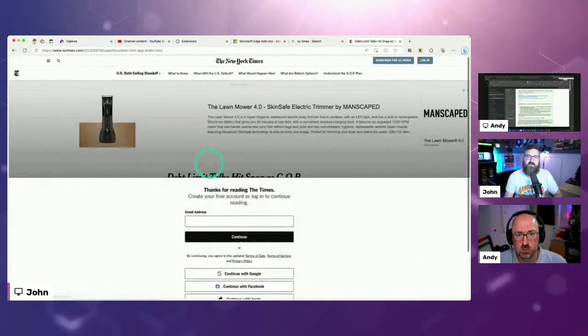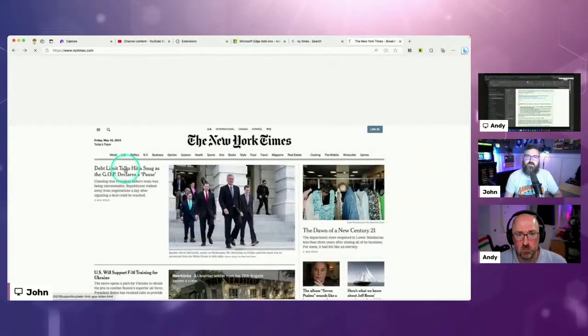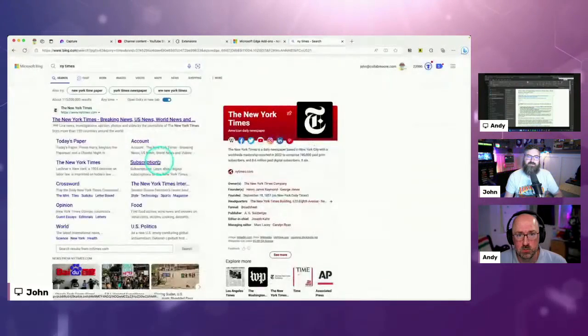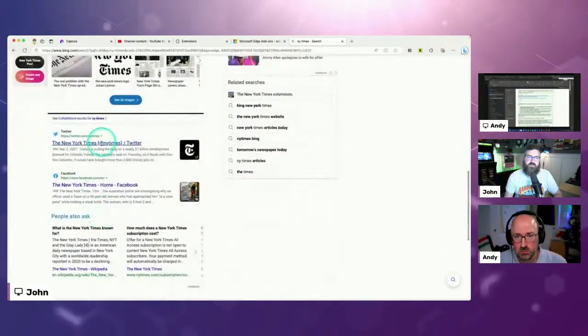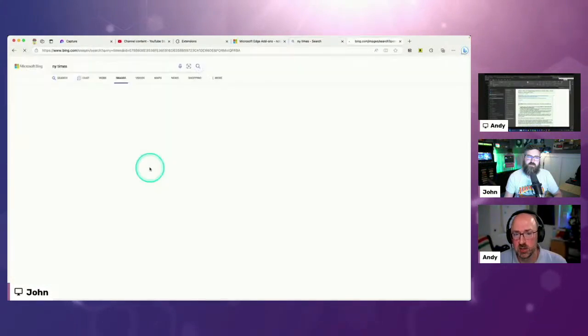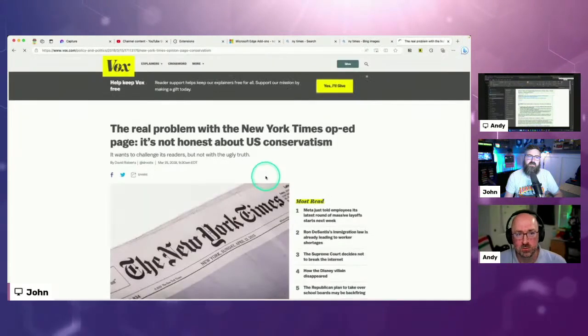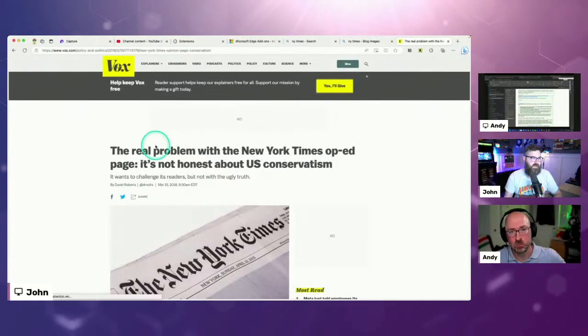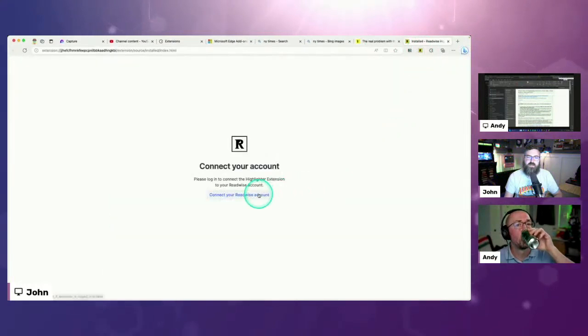So say that I'm reading this article and, well, I don't really want to do that one. If I could find a free one here, let me just go to ESPN. Here's Vox.com or whatever. So say that I'm reading this and I want to snag it. Then what I can do is grab it to Readwise Read Later.